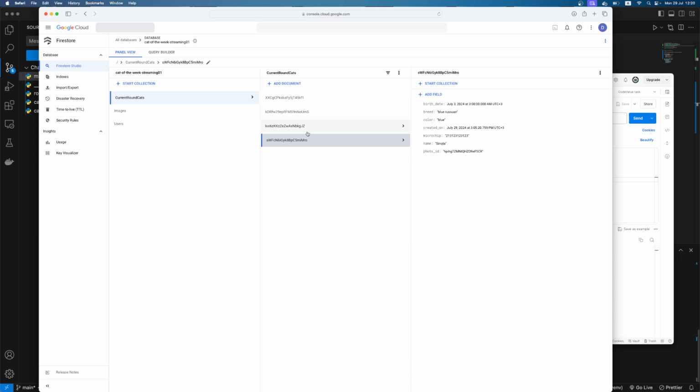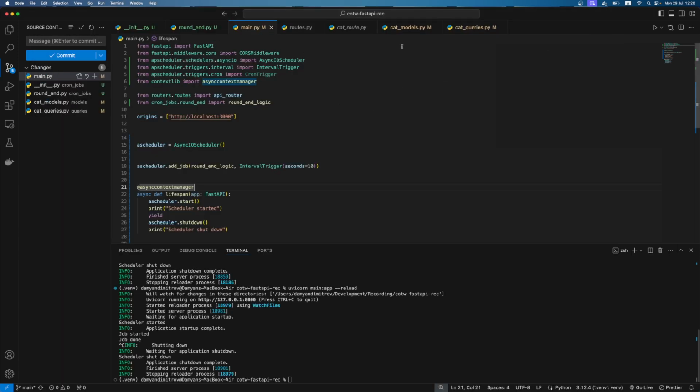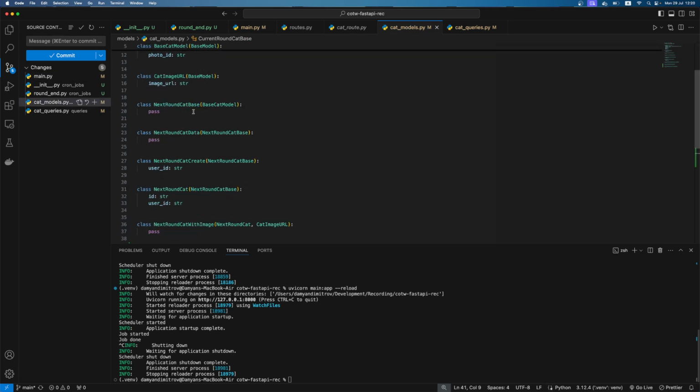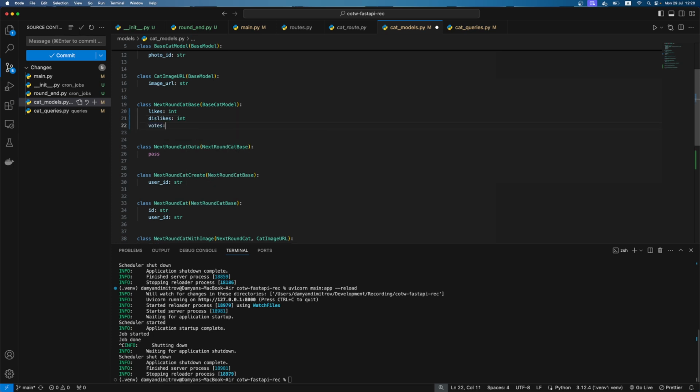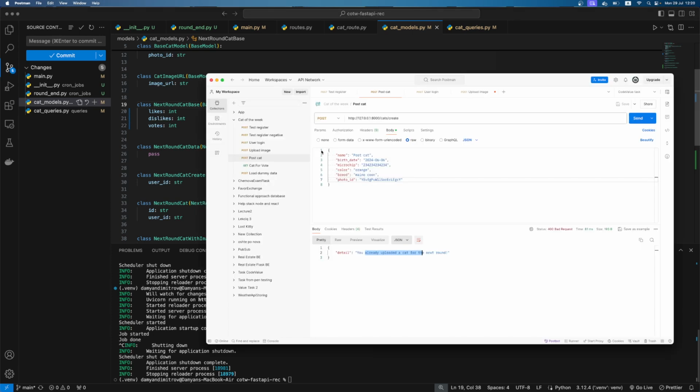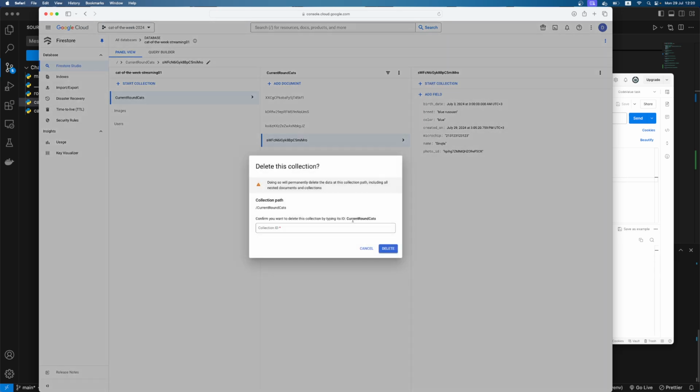So now I can see one mistake, unfortunately. We had to provide for the cat models, and here about the next round cat models I had to write likes, which is integer, dislikes, which is again integer, and vote, which is again integer. Okay, so let me now delete that collection again,